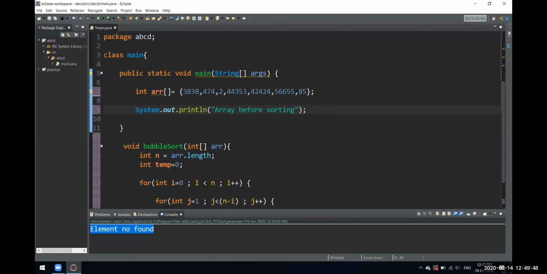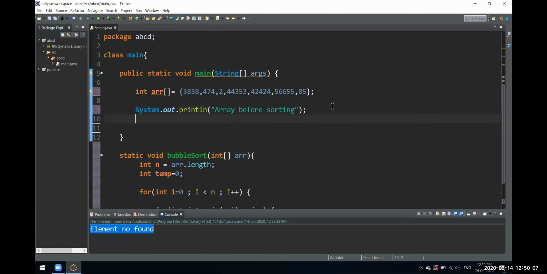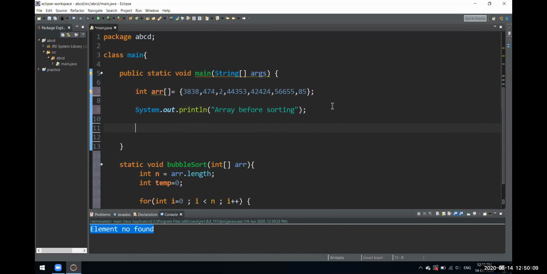We have to make this method static because we are using some different logic. Don't worry about this for now. So we'll just print this whole array as it is before sorting. For that, this is simple.